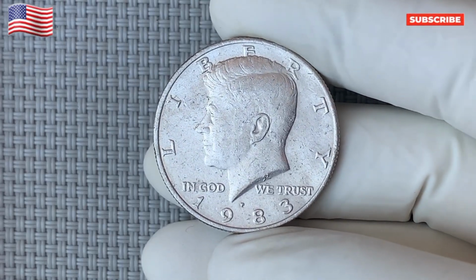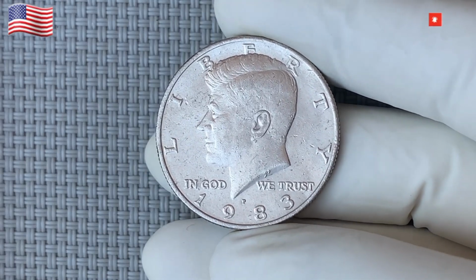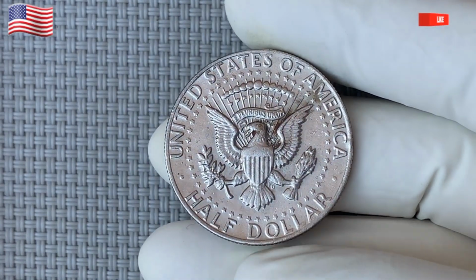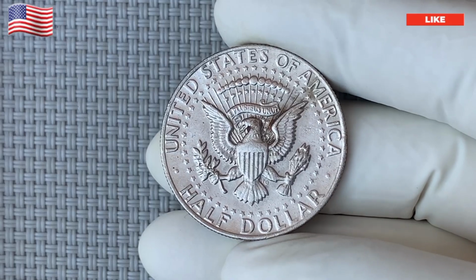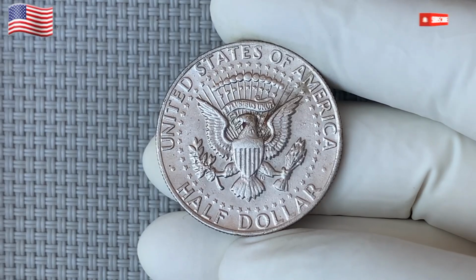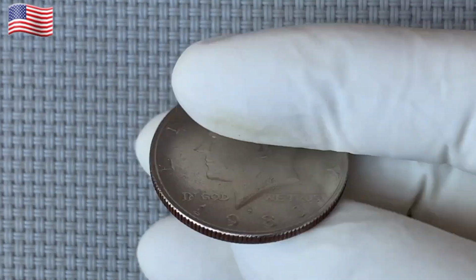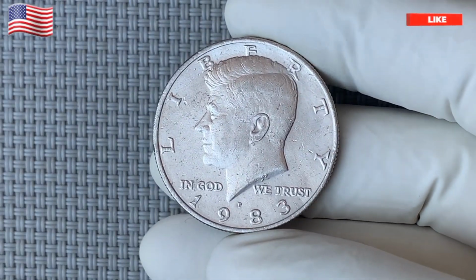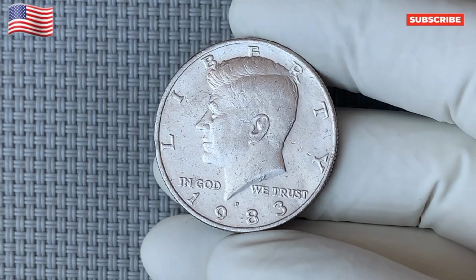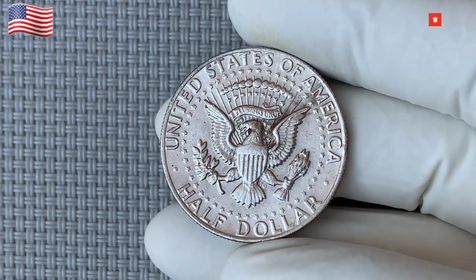One 1983 Kennedy half-dollar, in perfect condition with a rare minting error, was sold for an astonishing $86,000. That's right, $86,000. While not every 1983 Kennedy half-dollar will reach such a high price, it's definitely worth taking a closer look at your collection. If you've got a well-preserved coin, or if you spot a minting error, you might have a true treasure on your hands. Whether you're a seasoned collector or just starting out, the 1983 Kennedy half-dollar is definitely a coin to